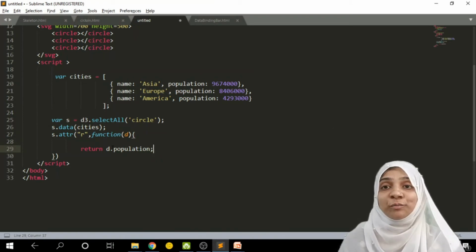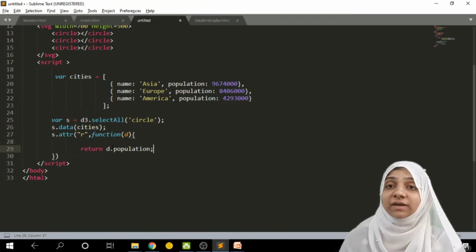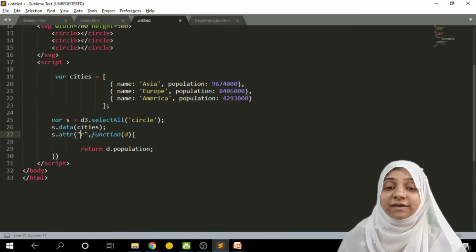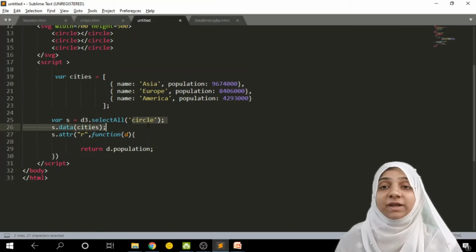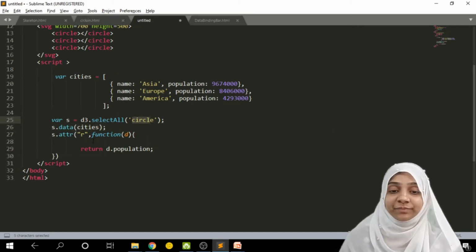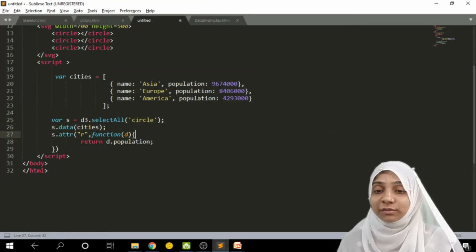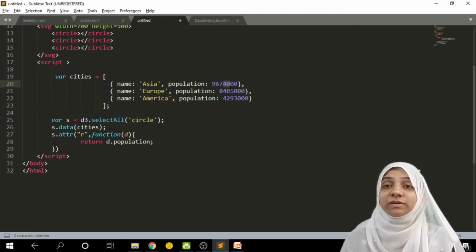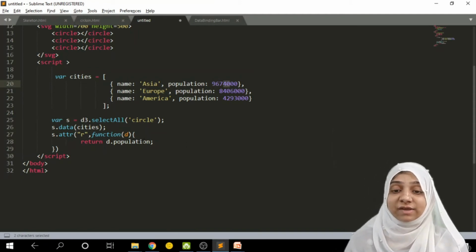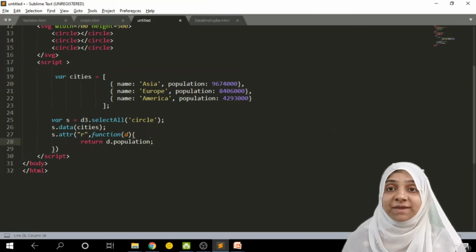Whatever the population is will become the radius of the circle, because it is an attribute associated with the selection, and the selection is ultimately associated with the circle. As you know the population is 96,74,000, so that radius might be very big for us to display.